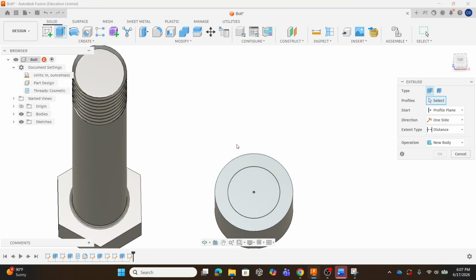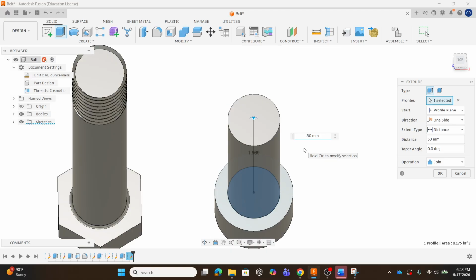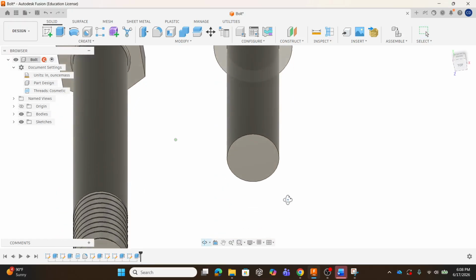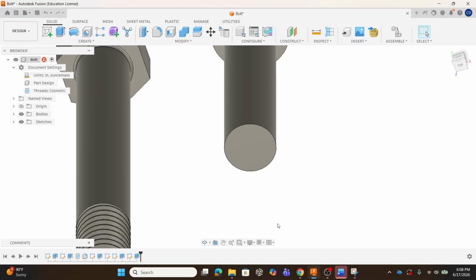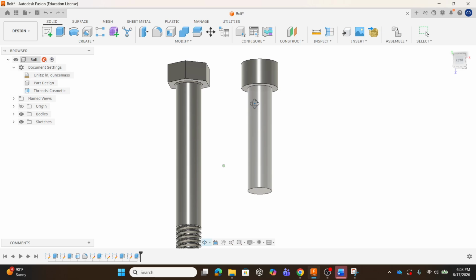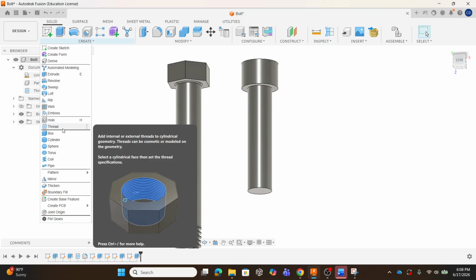So hit E for extrude, click on this intersection, pull it up, and then I'm going to type in 50 space mm for millimeters. So that's creating a 50 millimeter shaft. Alright, so there's the basic shape of my socket head screw. Now to do the threads, we're going to come over here to create, go down to thread,